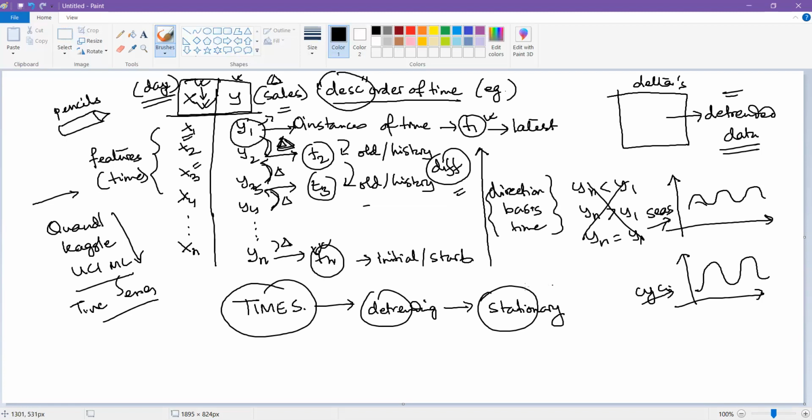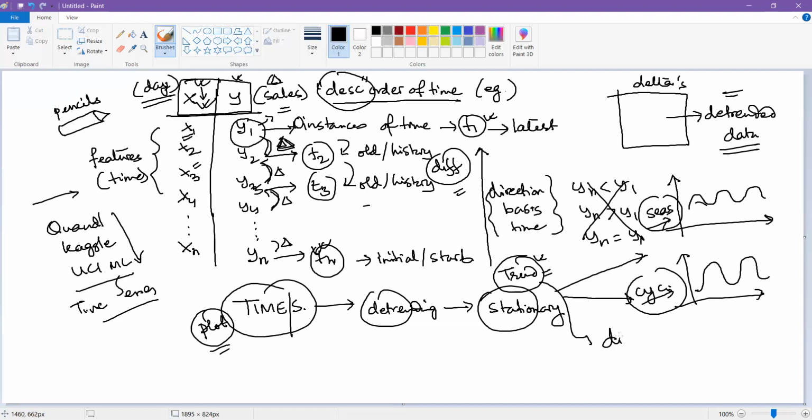Why you convert a time series to stationary is so that I can do the decomposition of the time series into patterns or components like seasonality and cyclicity. As long as trend is there, and trend may or may not be there, by the way, you will get it from the initial plot. The moment you get a time series, the first thing we do is plot it, right? The moment we plot it, we get to know whether there is a trend or not. If there is a trend, then the trend is going to bring disruption to the visibility or to the mathematical aspects of the time series. That's why I'm breaking it.